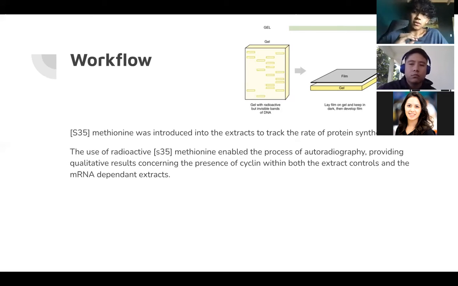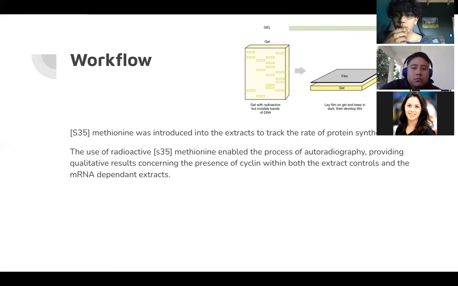And when you introduce that radioactive version, it's going to bind to the proteins that are being synthesized. And what's that going to do? It's going to turn the proteins into radioactive molecules. So once we eventually track the rate of the cyclin through the addition of S35 methionine, we're going to extract it and